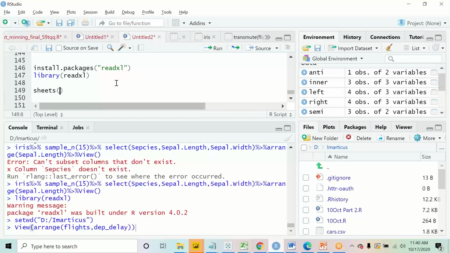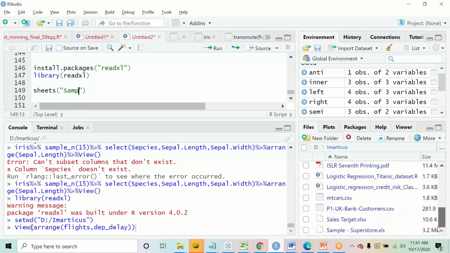Picking it up. The name of the file is... I think I've not placed that sample superstore file over here. Yeah, so I have it, right? So if you run this function,